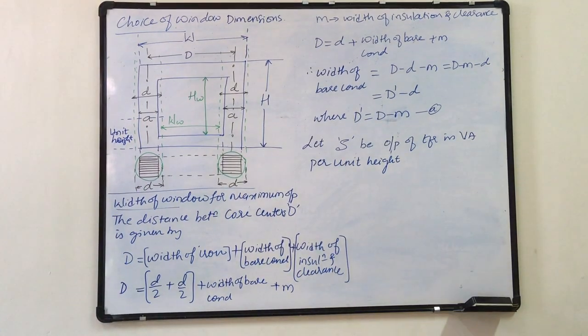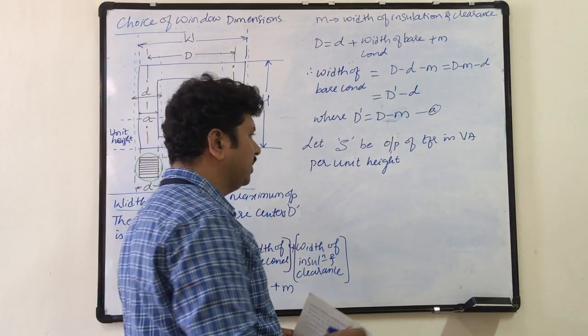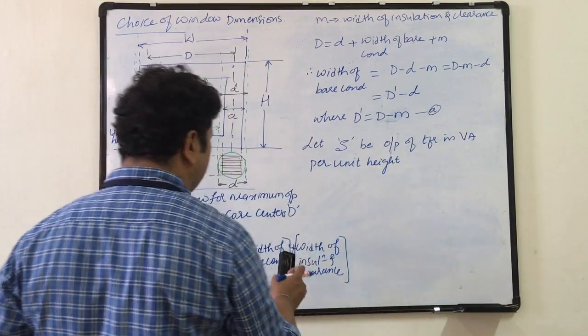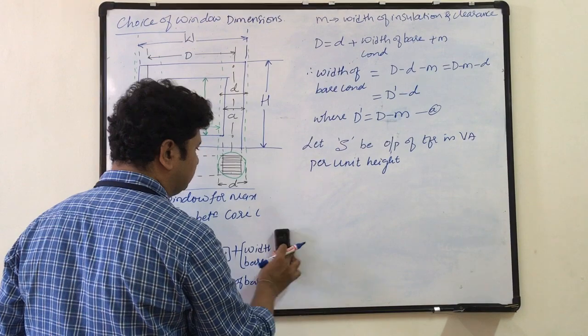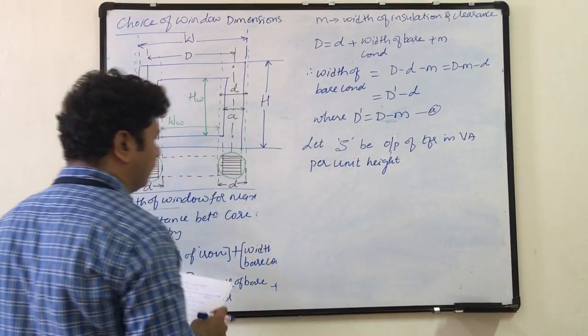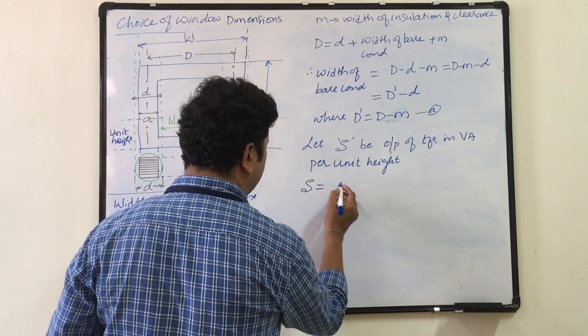Okay, so Q is equal to height of the transformer multiplied by S. So total output is equal to height of the transformer multiplied by S. Okay, that I can write. So let S be the output of transformer in volt amperes per unit height. Okay, I will write this part. So therefore S is equal to, I can write